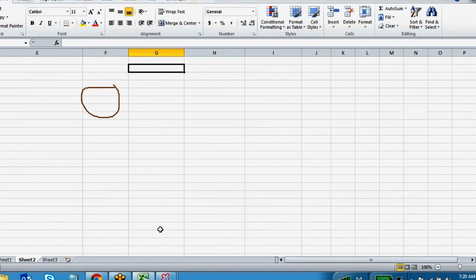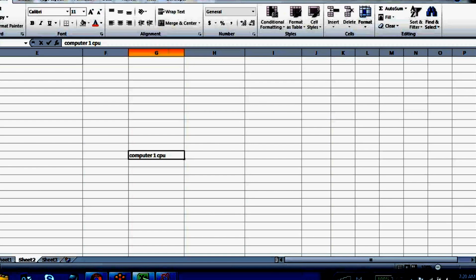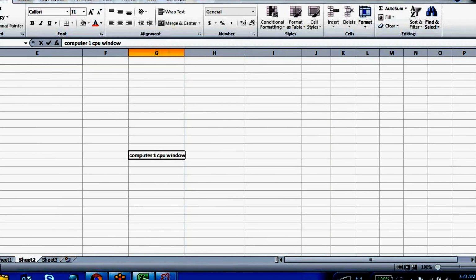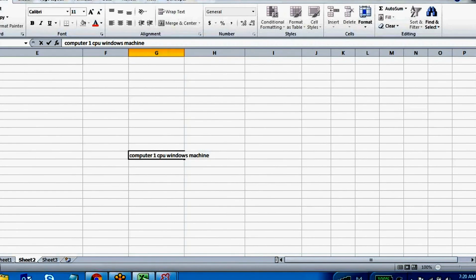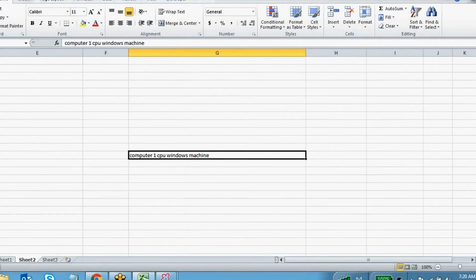I told you already, how many times can you install a single software in your computer? I have a computer with only one CPU. It's a Windows machine only. You can install this SQL Server only on a Windows machine; it will support only Windows.